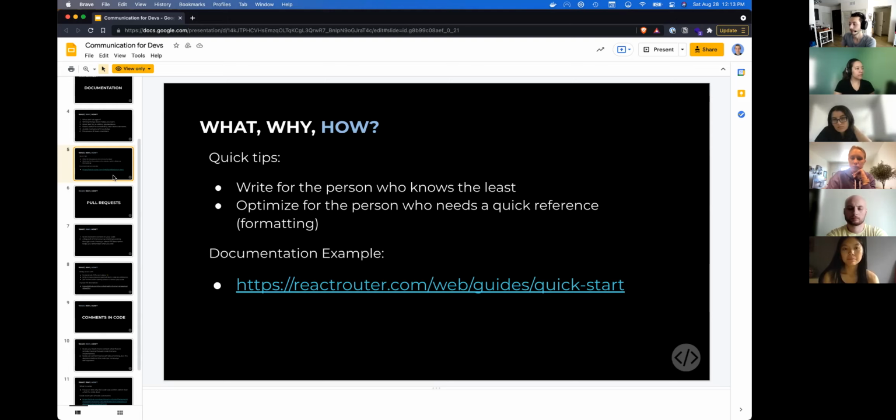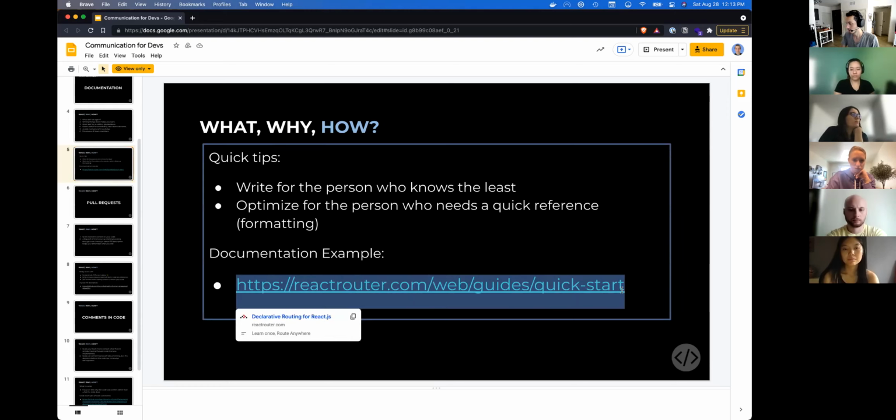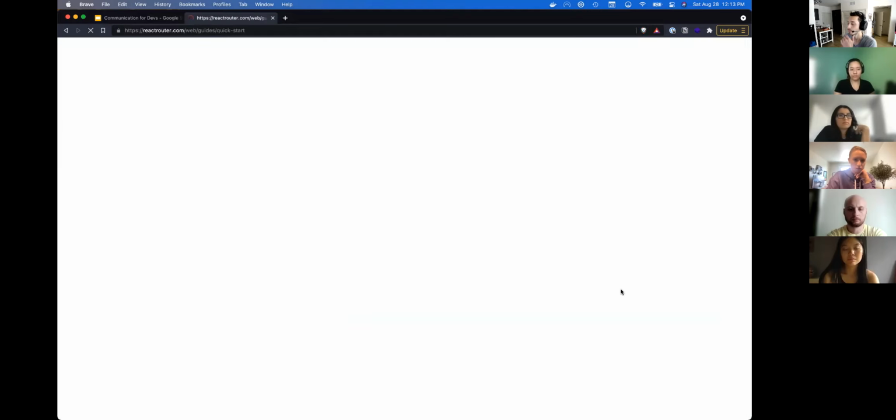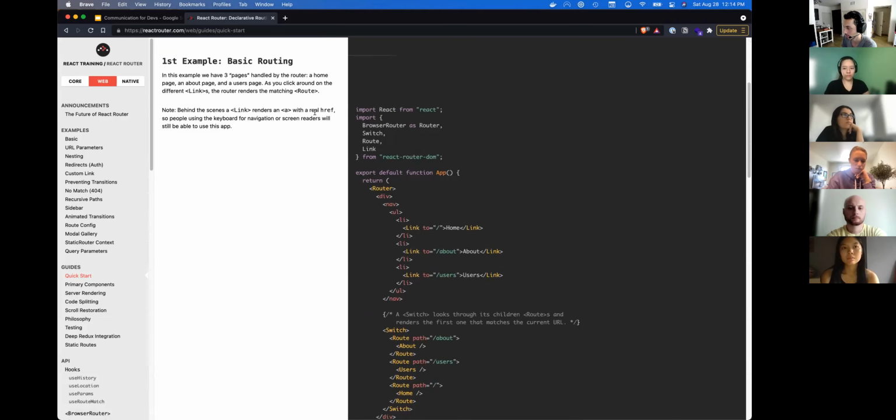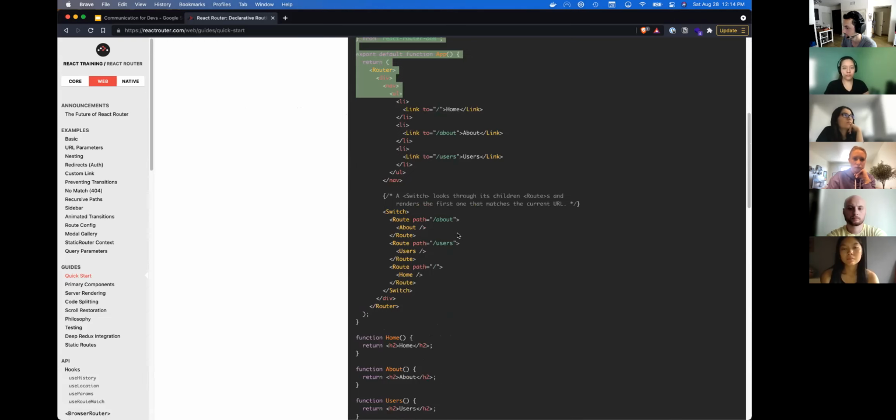So just to show you an example, this is a documentation example for React Router, which you've been using in this project. A lot of great documentation, has a quick start guide, which is super helpful. This one here, all you have to do is 2 lines of code, and then all you have to do is install it, and it's pretty clear how to use the project with this quick start guide. It even shows example code here if you want to use it.